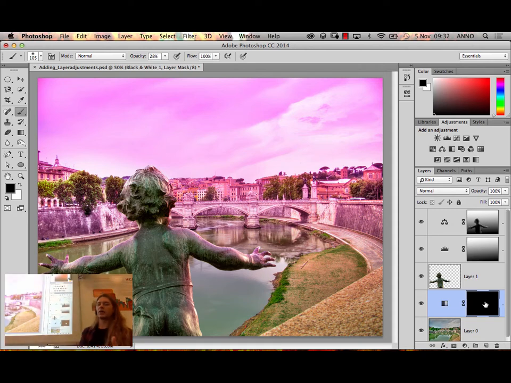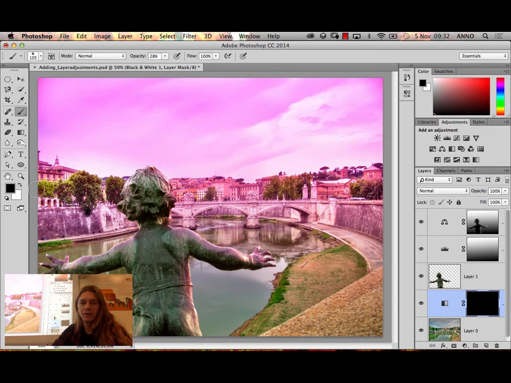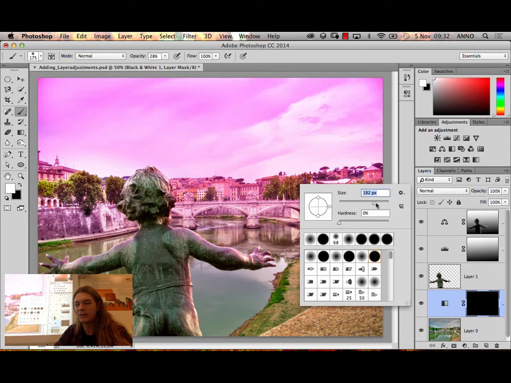So then we get our coloring back, and then you can actually start with a white brush, painting in areas you want black and white. So let's say you want the right part of the picture more black and white. Well, you could paint with white then. You could paint with white, set to a low opacity, meaning that it will actually not be entirely white, but